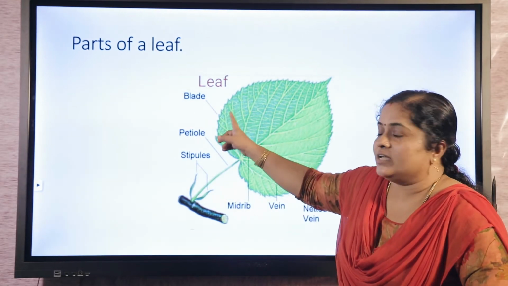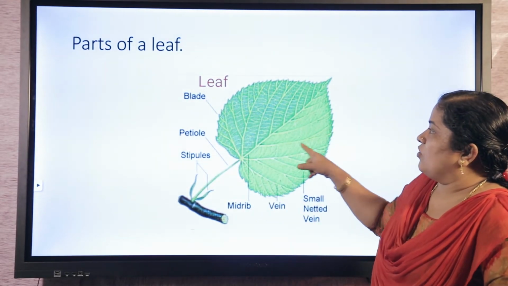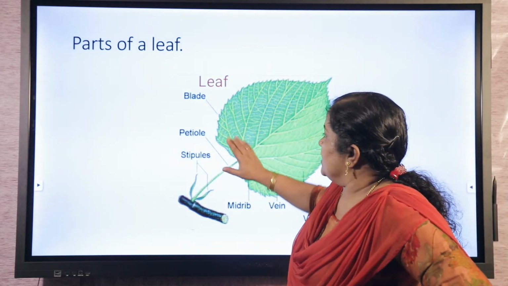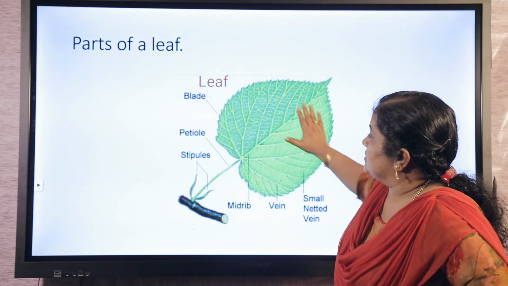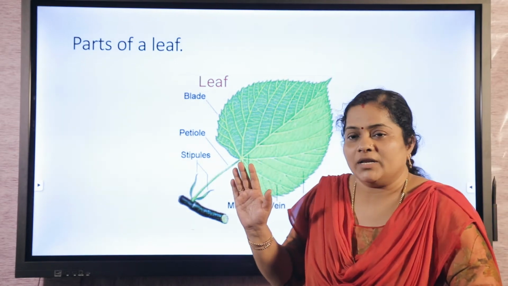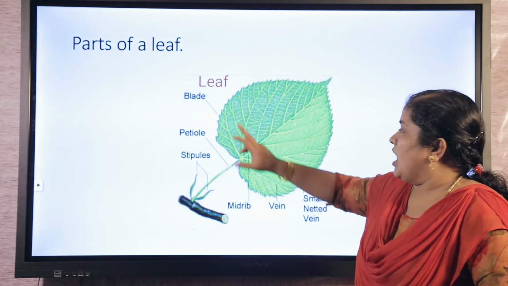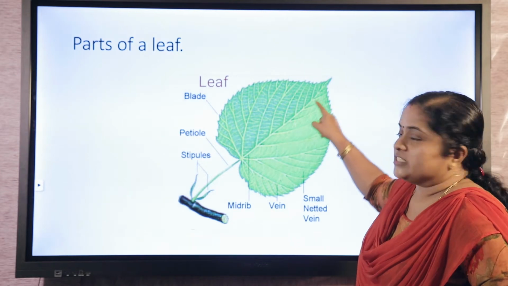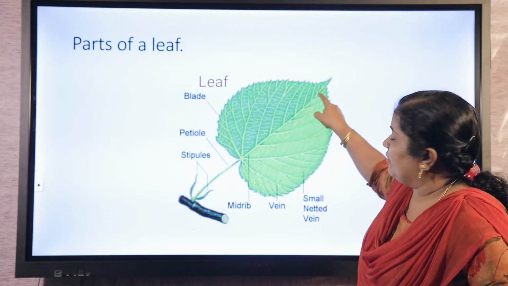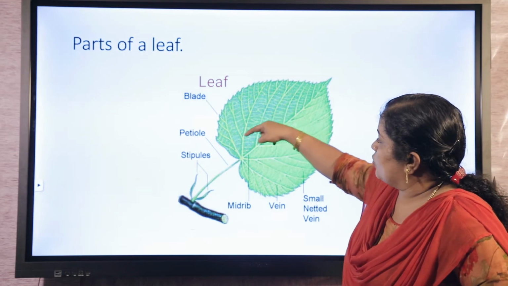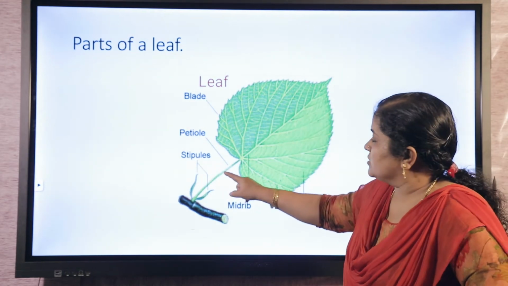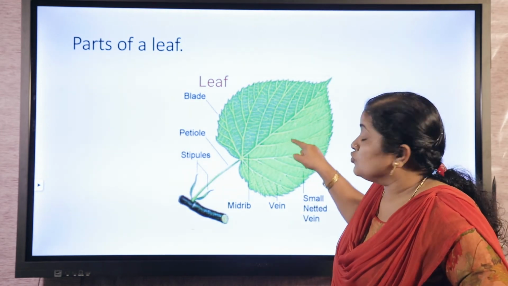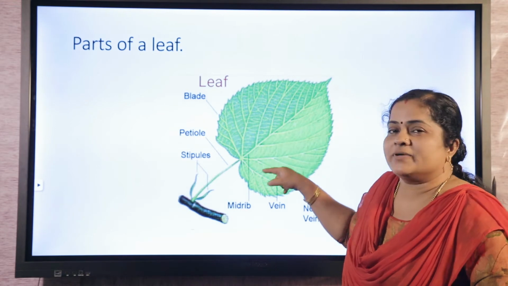You just see, before that, the structure or the parts of a leaf. Children, please watch this, the parts of the leaf. Here you can see a broad part. This is the leaf blade or lamina. This is the leaf blade. And here you can see a center main vein. Main vein. Children, can you see this main vein? And so many branches, small veins also. What is the function of these veins? These veins in leaves, they are carrying water to leaves. But for what purpose, that I will say now.